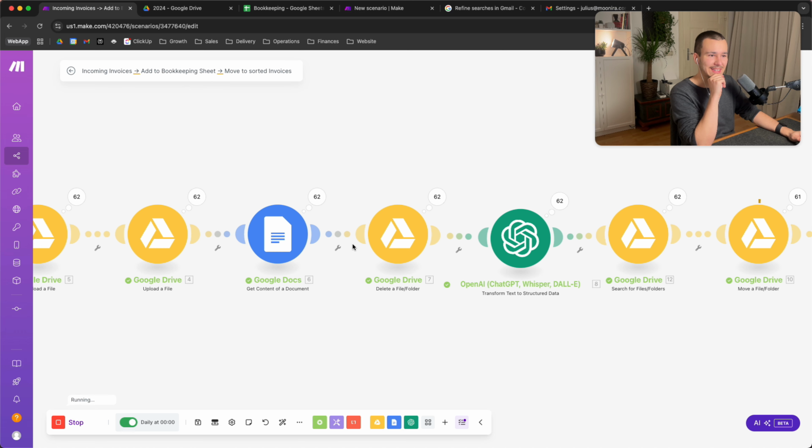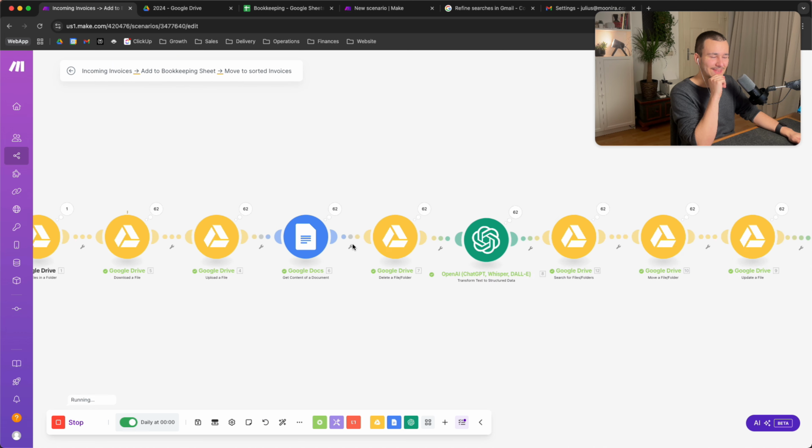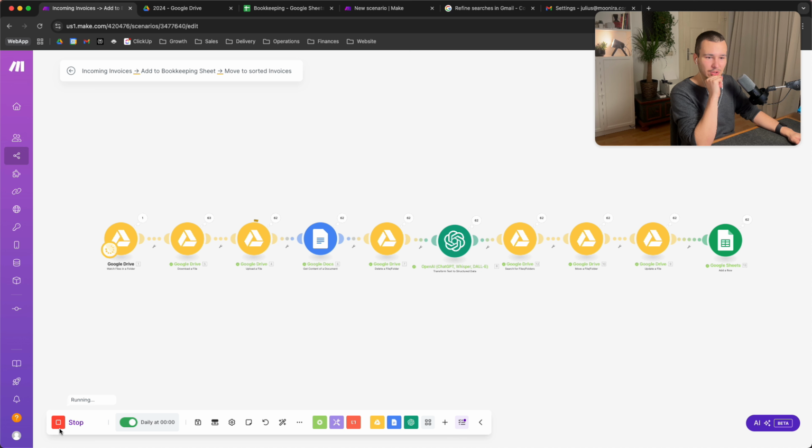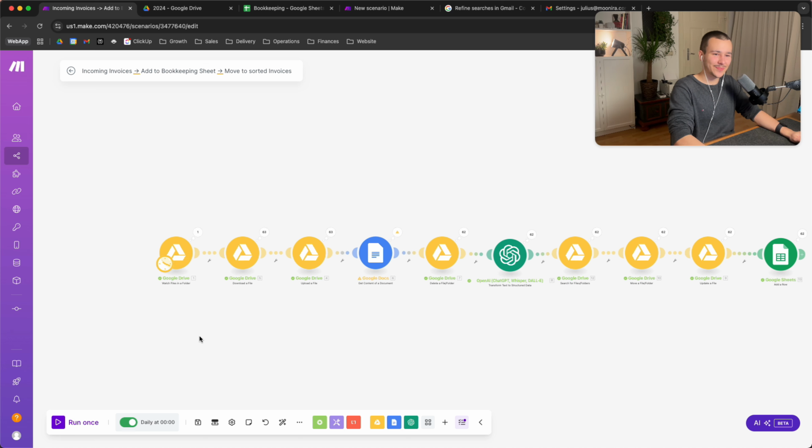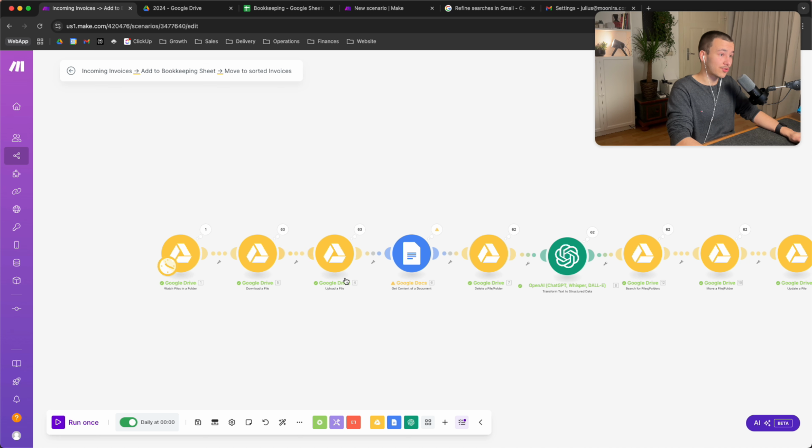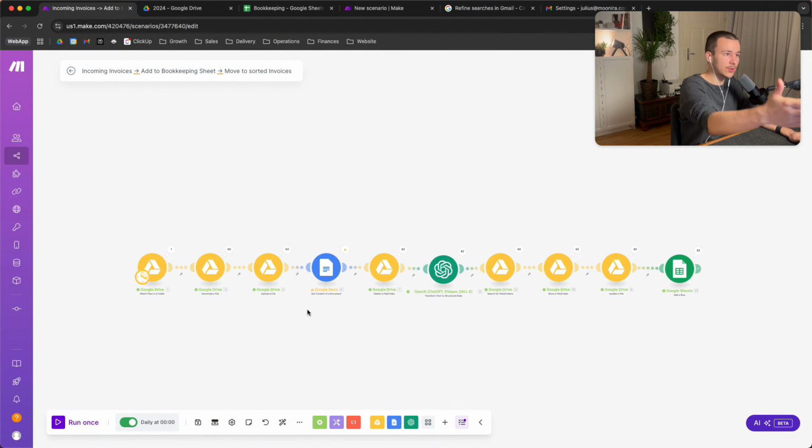And this one you can see is already at 62 invoices done. I will stop it right now and I will have to do the rest later. But the great thing here is, because all of those invoices are already moved to the structured folder, I can now just click on run once, so run it again basically, and it will continue with the next ones. Because in this folder, it won't find the other ones again because they're in a new location now. So there is no way it accidentally adds something twice,